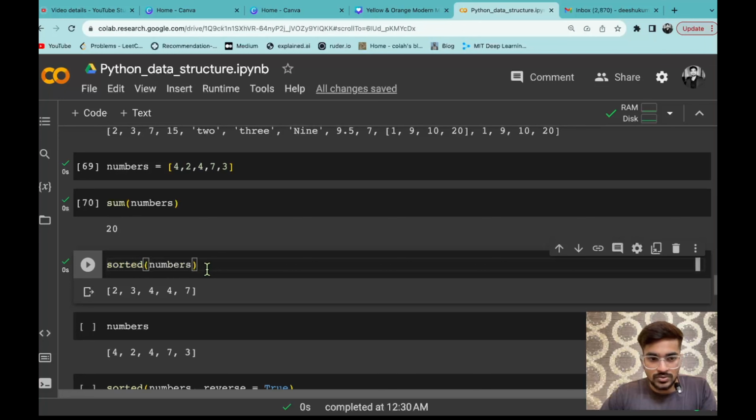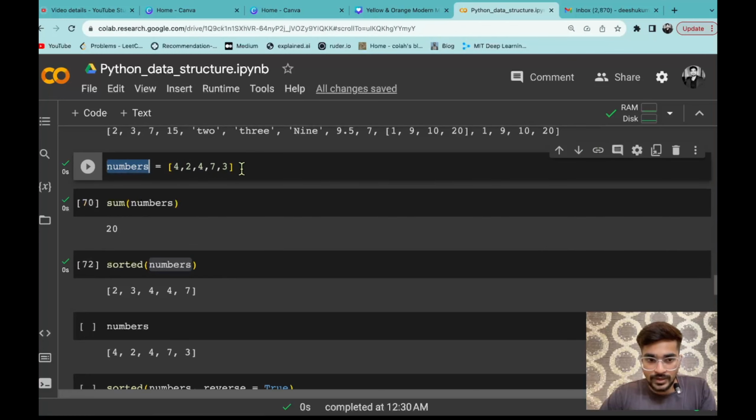Now one thing you need to notice that अगर आप sorted function use करते हो to sort any list, this is not permanently happening. In terms of Python what we can say that it is not an in place operation. मतलब कि जो भी आप ऑपरेशन कर रहे हो, like sorting कर रहे हो, this is not getting reflected in the original list that you have defined. So you can see, if after doing that sorting, let's say I am doing it again, you can see it has sorted. Now if I print that numbers again, you can see it is printing the same original list we have defined. So this one is the original list we have defined.